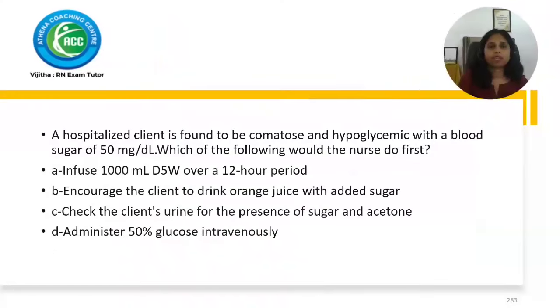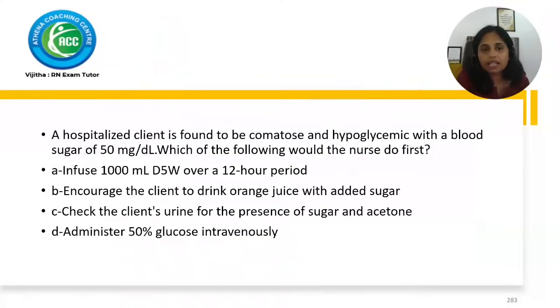Okay. So next question is, a hospitalized client is found to be comatose and hypoglycemic. Comatose, hypoglycemic with a blood sugar of 50, which is very, very low. And which of the following would the nurse do first? So this is indicating